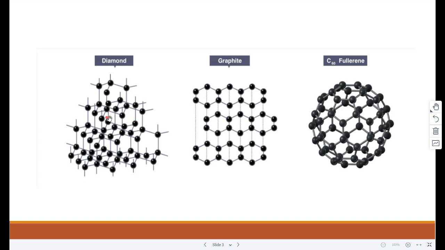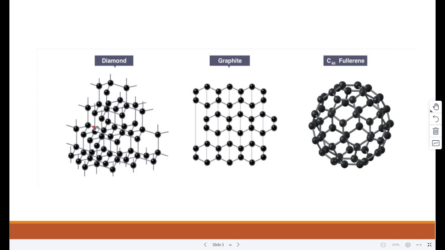So, the carbon atoms are chemically combined together by covalent bonds. The giant covalent structures have high melting and boiling points as they have many strong covalent bonds that need to be broken down. Some of the properties of diamond are that each carbon atom is bonded with four other